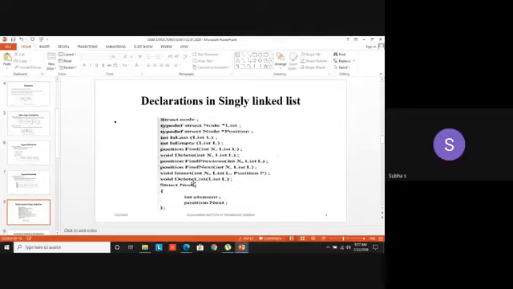Element of integer data type, and then next. Next means it's a pointer. The pointer is of type position. Position means that is a pointer variable. Got it? Next is a pointer variable. So I am mentioning these two things inside a structure, because you have to mention a particular position while inserting or deleting or doing any other operation. So I mentioned it as the data type itself.